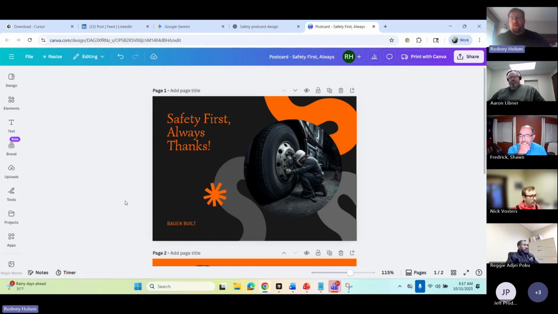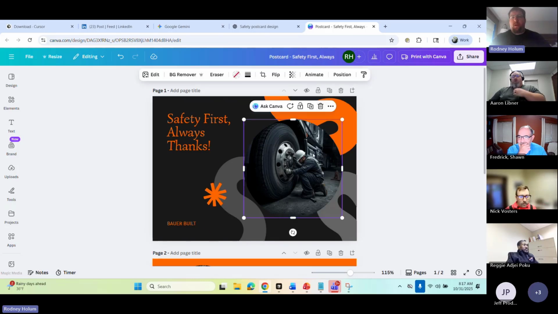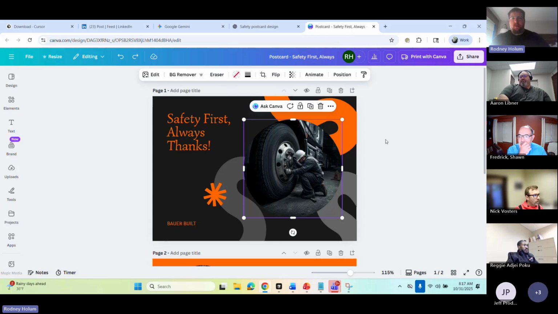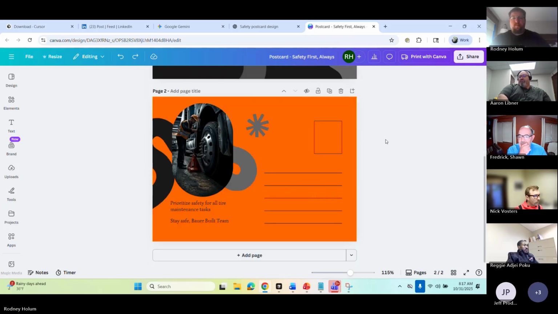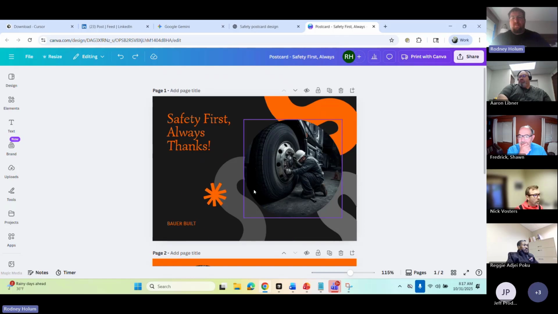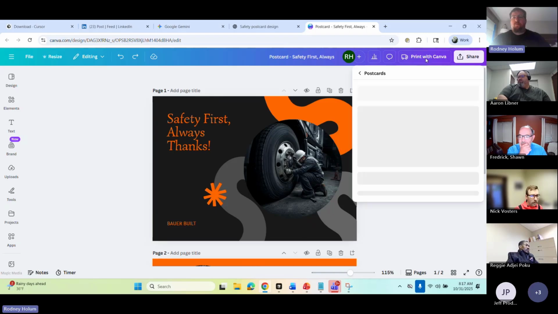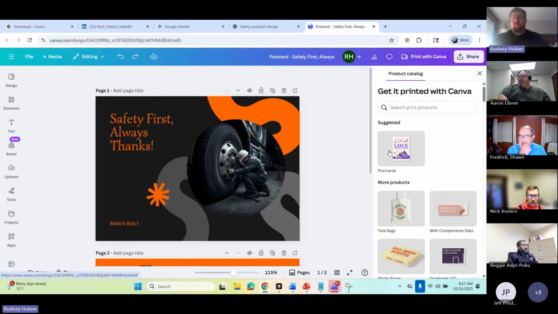So unlike previous image generation where it creates an image, if you don't like it, you get to roll the dice again and hope that it comes close, right? Well, here, let's say you didn't love this image, just swap it out then. Or you want to delete it? Sure, delete the image out of there. Now you have a blank image. And it did safety, so I think it's kind of doing an SOS type thing, but it's weak. And then I can just print, right? And then go and print them and they'll deliver.